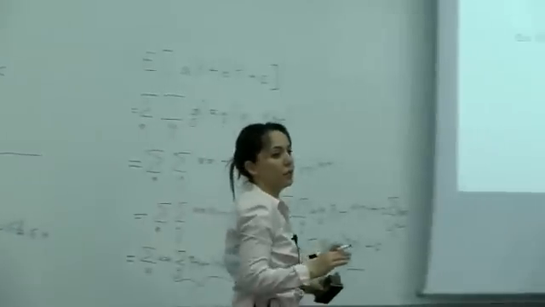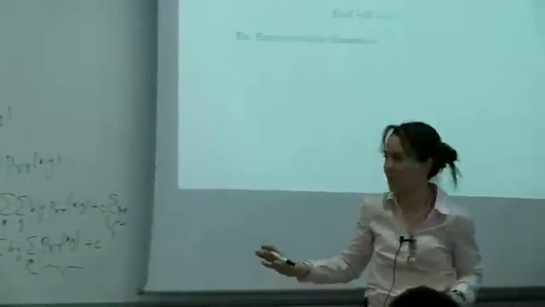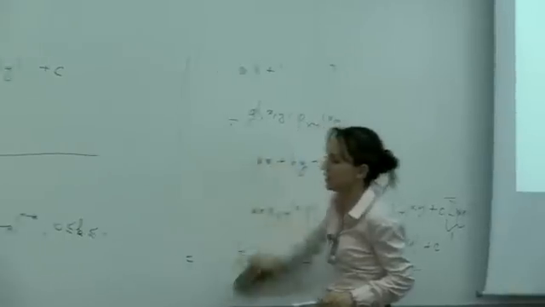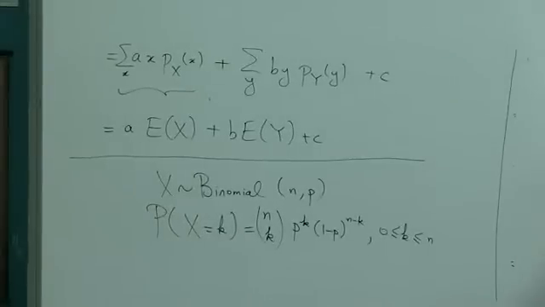Now, if we wanted to compute this expectation, would that be pretty? Consider a summation, k times n choose k p to the k, 1 minus p to the n minus k. That's not something that I would really like to sum. But I would like to be clever and remember something. What did I tell you about the binomial? The binomial is nothing but a sum of